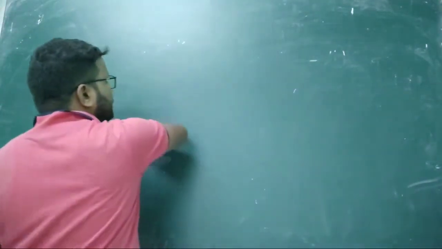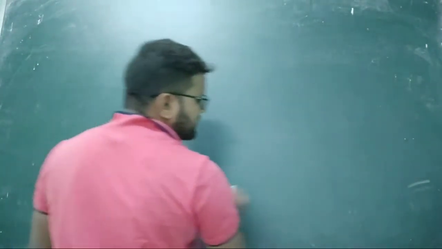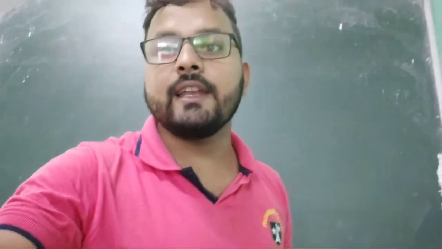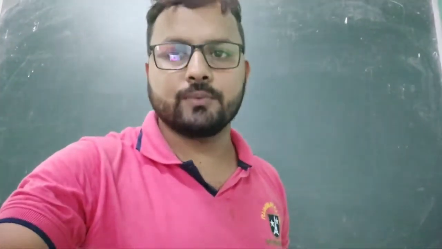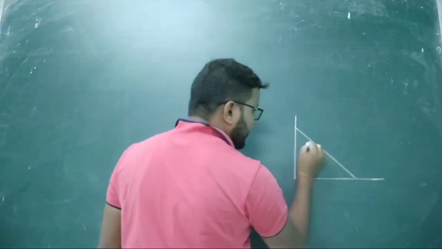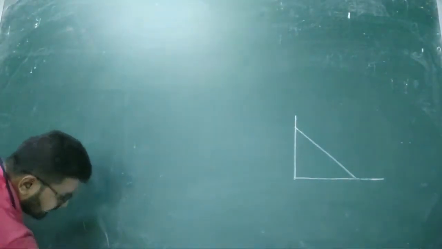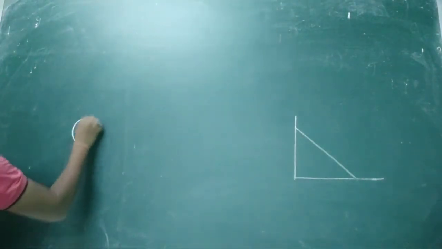To calculate the slope of the budget line, we have to divide price of good 1 by price of good 2. As we know, the budget line is negatively sloped. A budget line always indicates a negative slope. It is negative because it is downward sloping from left to right. So that is why, what is the slope of the budget line? Question number 4.